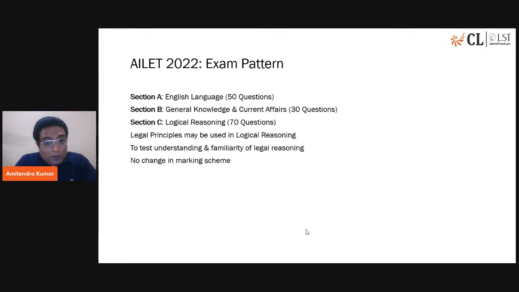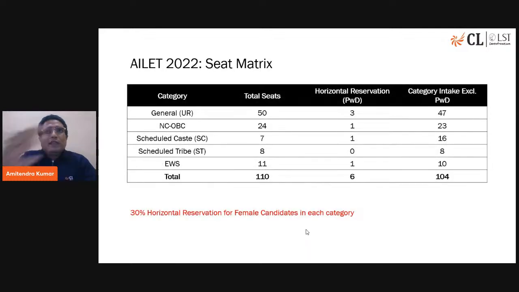The exam is scheduled on 1st of May as expected in the first half, morning 10 o'clock to 11:30 o'clock, and the marking scheme remains the same. However, this change definitely warranted a change in the tiebreaker system, which I'm sure you have gone through in the video and you know about that. So now instead of legal reasoning, it would be logical reasoning, the section which will be used in case of a tie among the students. The scores in the logical reasoning section will be first looked into to break that tie.